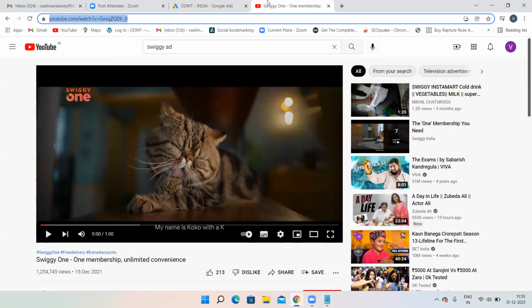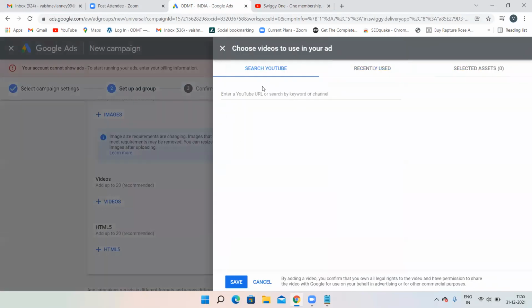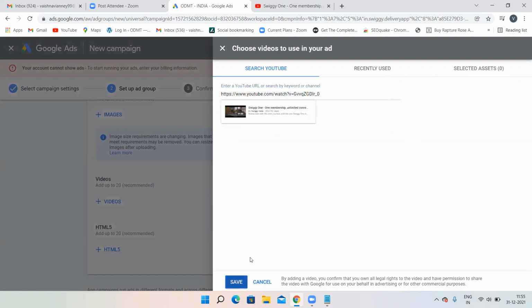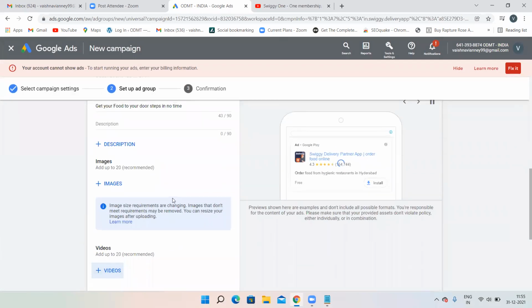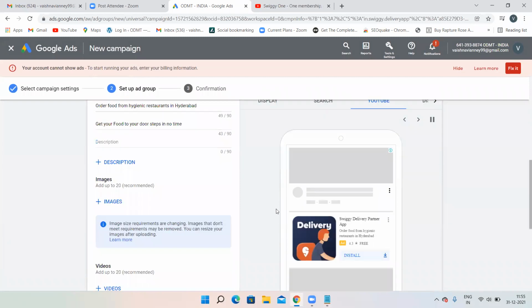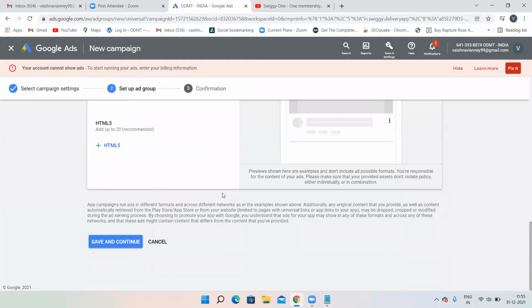Same like YouTube ads, whatever video ads we have done, right? So click over here and enter a YouTube URL or search by a keyword or a channel. I'm just pasting the YouTube URL. See, my Swiggy ad is going to appear like this. That's it. Now search for YouTube. Your ad is going to appear. That's it. This is how we have to create